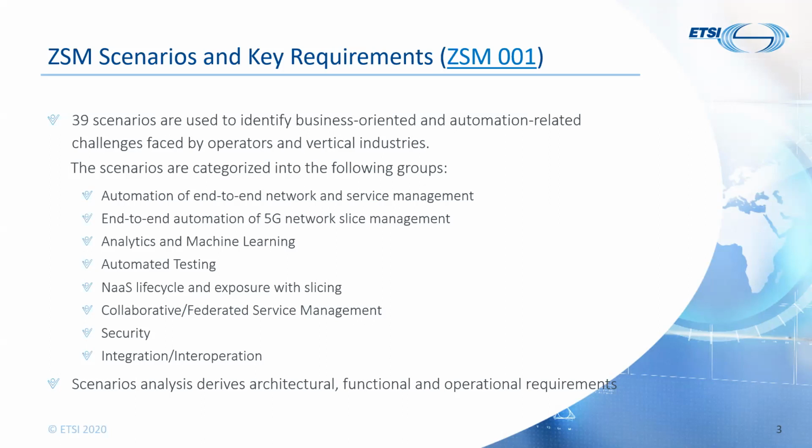Although we all want closed loop automation, some operators also want the ability to intervene in the automatic fix, review the suggested changes, and either manually apply the change or let ZSM proceed with the change. This manual intervention would be needed at least until the level of confidence to rely 100% on the AI algorithm used in the closed loop.